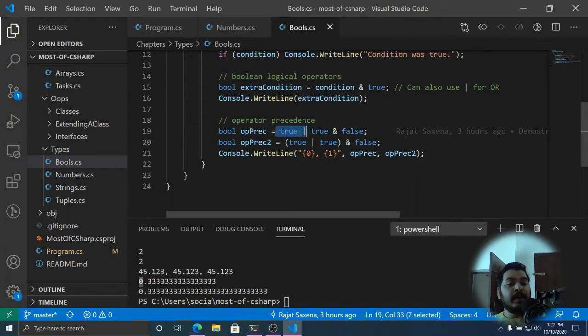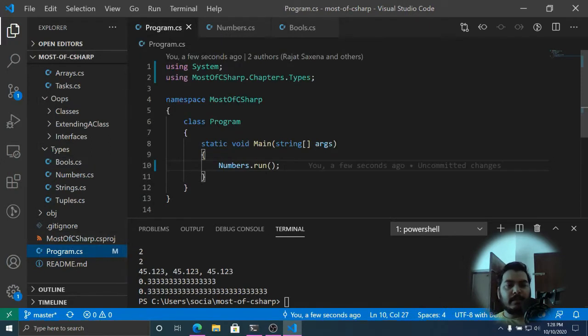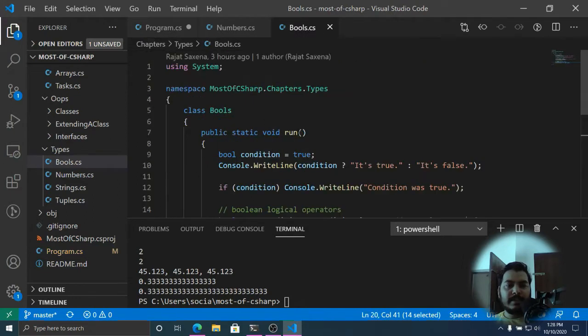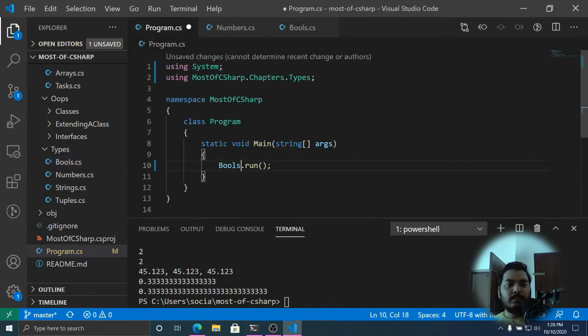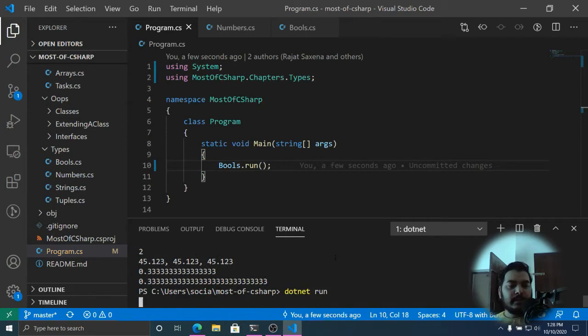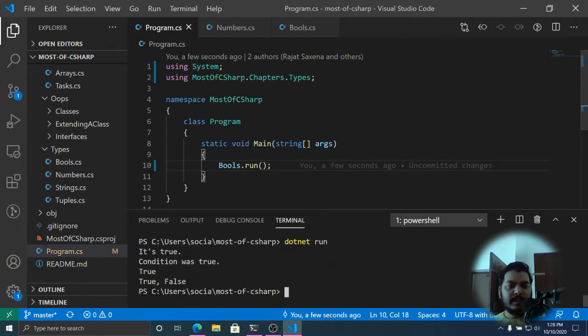Okay, so in order for you to first produce the output of this and then AND the output to this part, you need to put a bracket here, which means that in order to circumvent the operator precedence, you have to use these brackets. So let's run this program as well. Again, I'm going to replace the class name, and as we have seen, there is this run method. So simply I can do this Bools and run, and I will be able to see these things, right?